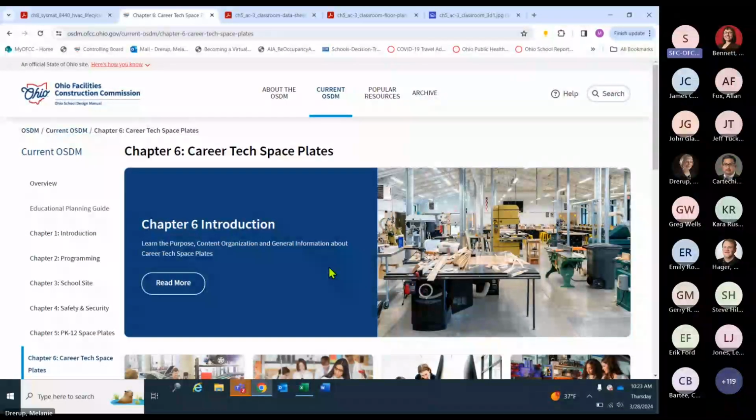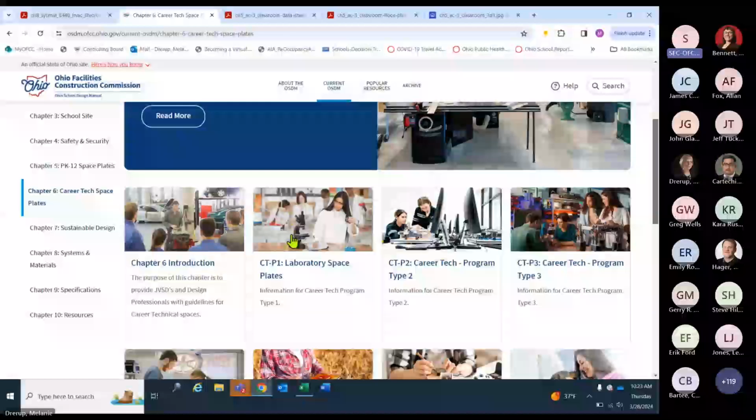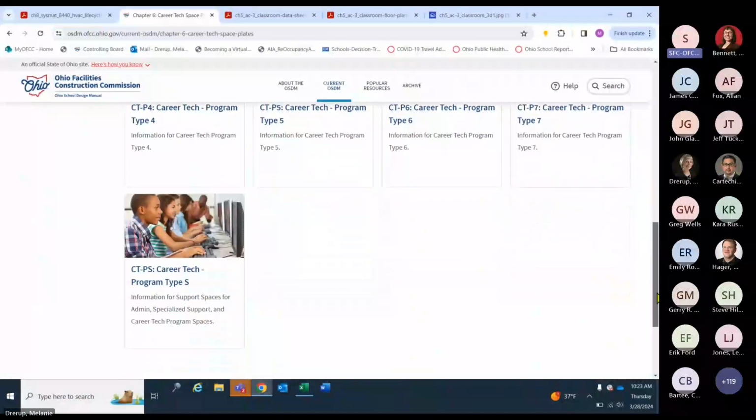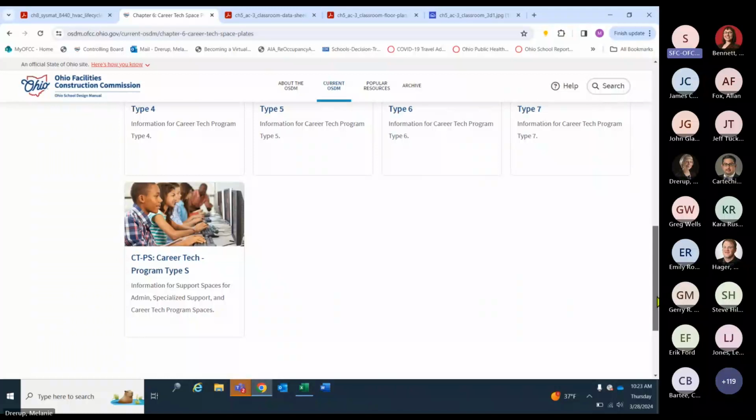And it does, similar to our K through 12, have an introduction, which is found in the banner, as well as the first card. And then it has a card for each of the program types, program type 1 through 7, and then all the support spaces that are necessary that aren't included in a program area are in this program type S.